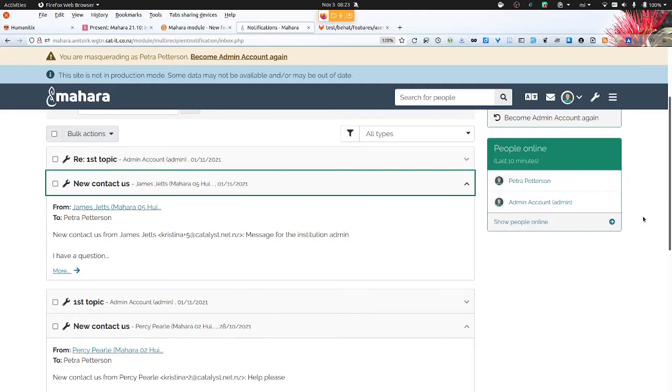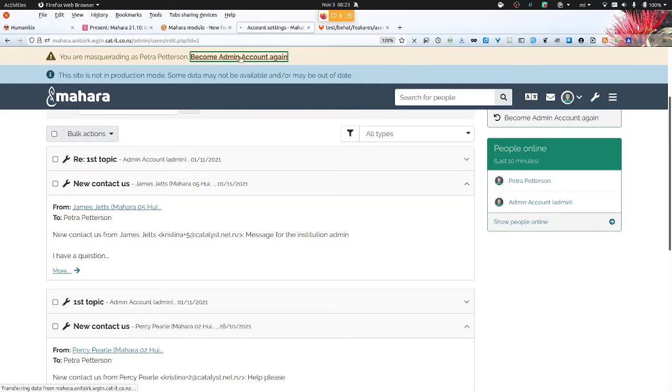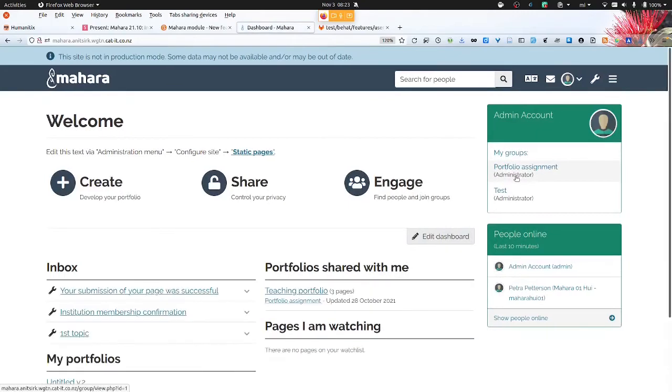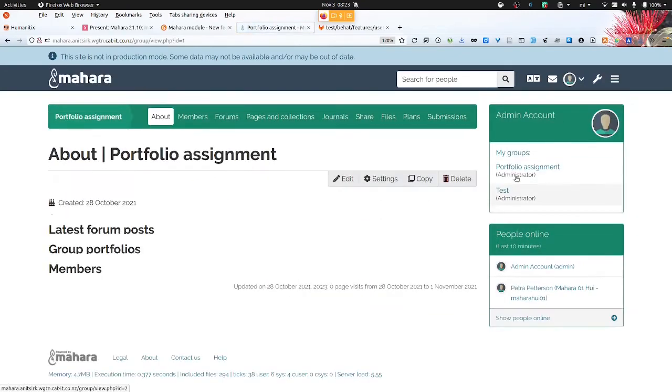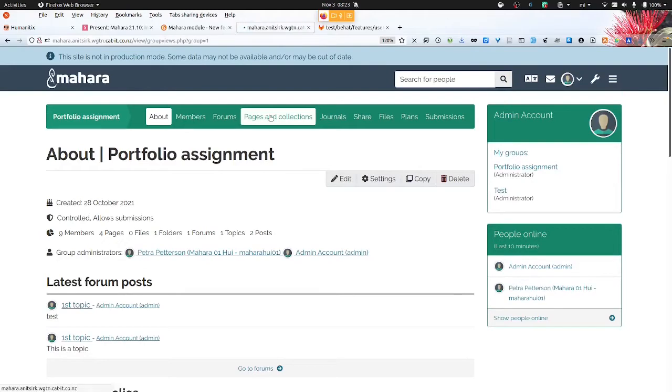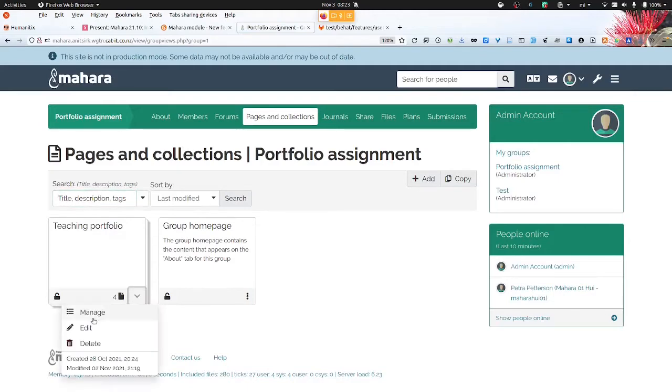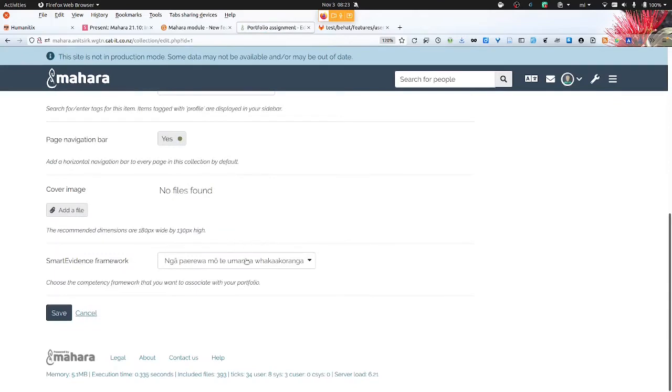Now, one feature that I think some of you are also looking forward to quite a bit is that you can now set up smart evidence frameworks also within groups, meaning you have a group collection and you can add a smart evidence framework to the group when the institution to which the group belongs allows smart evidence.